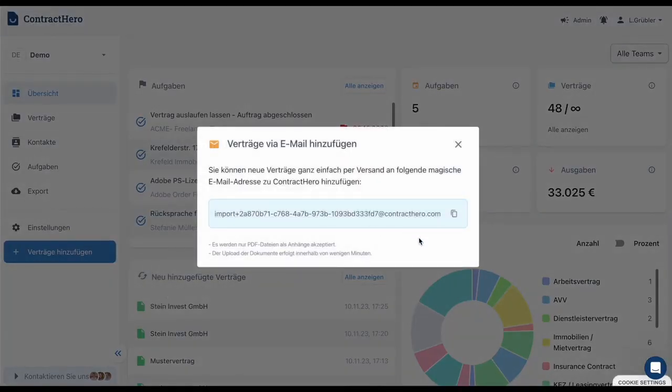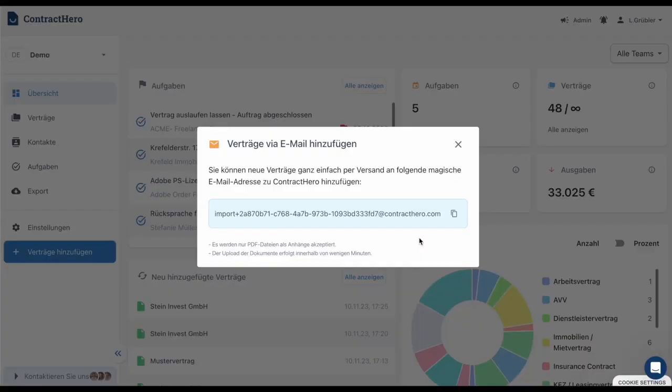Each account at ContractHero has an individual email address. For instance, if my colleagues or clients send me a signed contract that I simply want to file away, or that I might need to have on hand in the future, instead of downloading this contract from my email account, opening ContractHero and uploading it, you could just forward this email to this email address. This way, you can save time and effort by avoiding the need to go through the process of downloading and uploading the contract manually. We take pleasure in calling it a magical email address because it alleviates the burden of